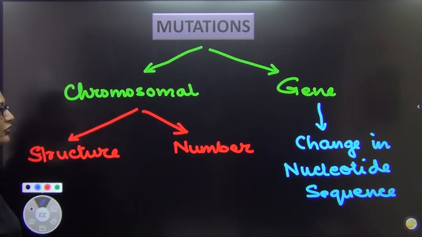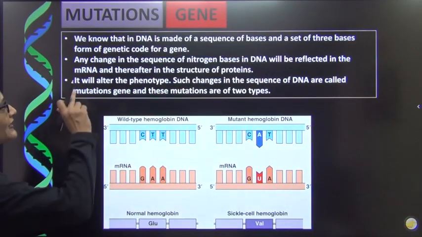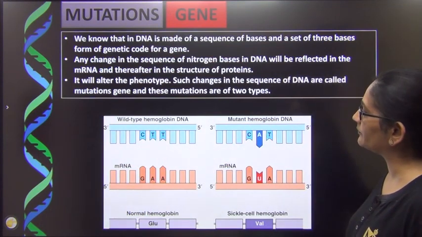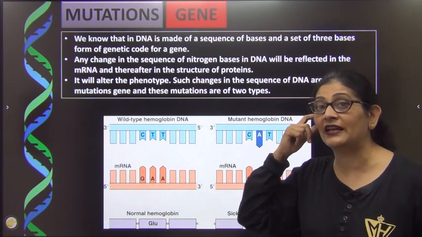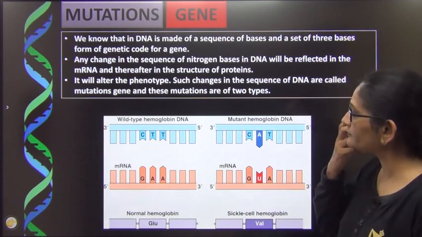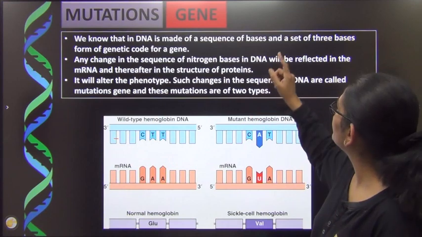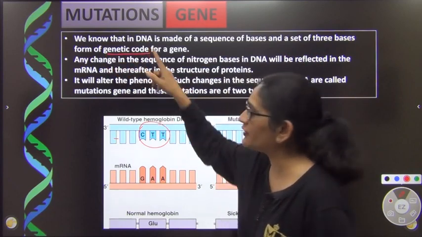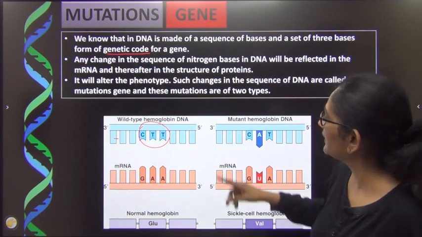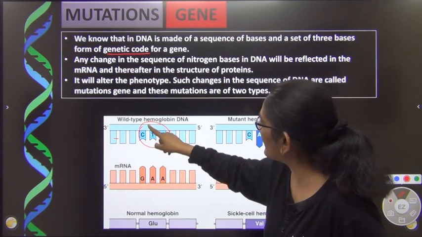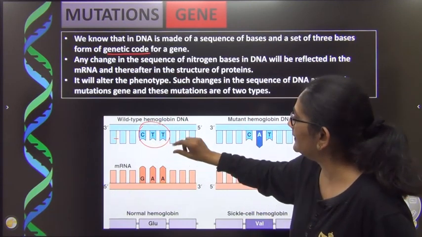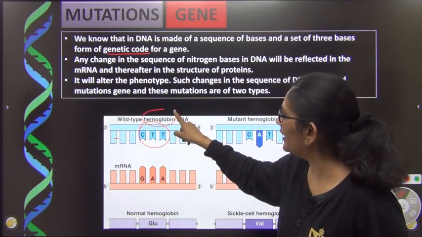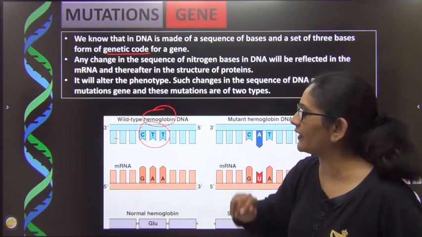So let us see what I have taught you in my coming slides. So as I told you, DNA is made up of a sequence of bases. Say this is DNA, and it is giving you the example of sickle cell anemia, जो आपने पढ़ा था पिछले चैप्टर में. So it is made up of many nucleotides, and we know that 3 nucleotides का set is called genetic code, which actually codes for one particular amino acid. Now any change in this, say if this was the original nucleotide sequence in the DNA, in the gene that is actually making hemoglobin, बनाने वाले gene का initial nucleotide sequence ये था.